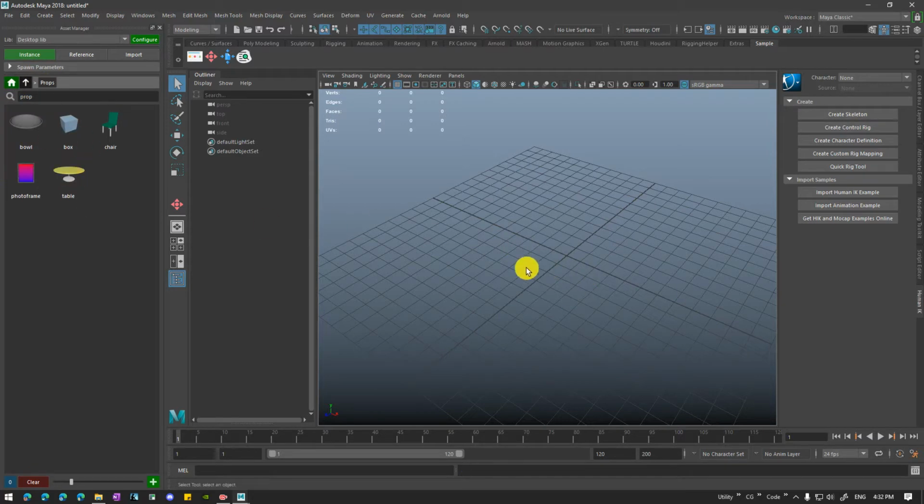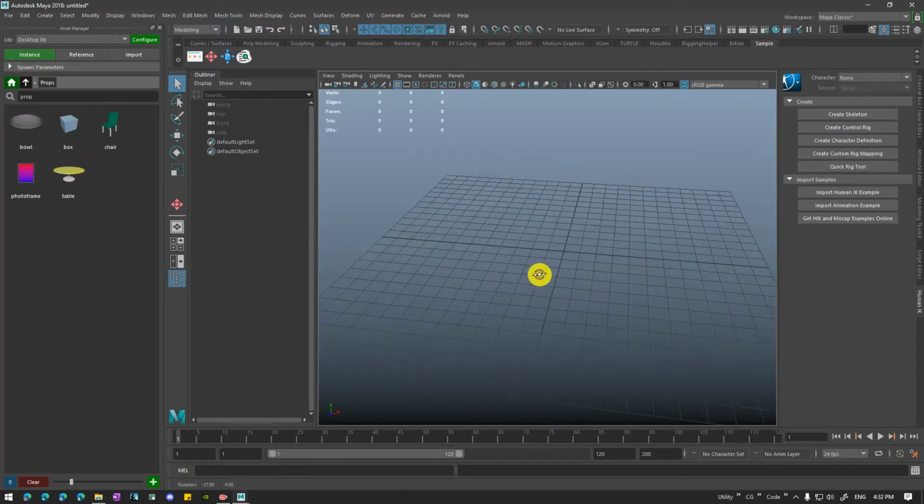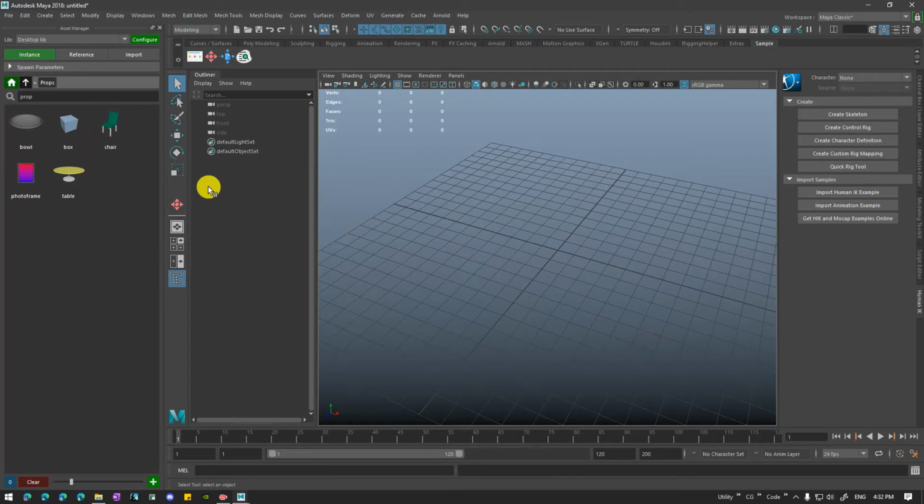Okay, so now let's start with how to use this asset library. First thing is selecting the asset items. You can select it by just clicking on it. You can control select to select multiple items. You can click clear to clear the selection. You can shift select to select a range of items from start to end